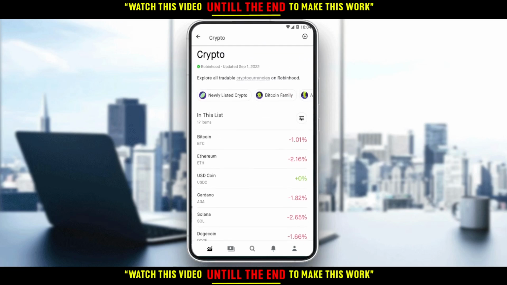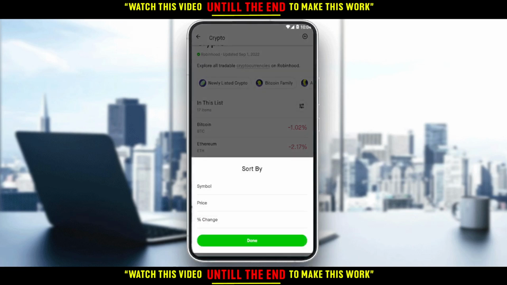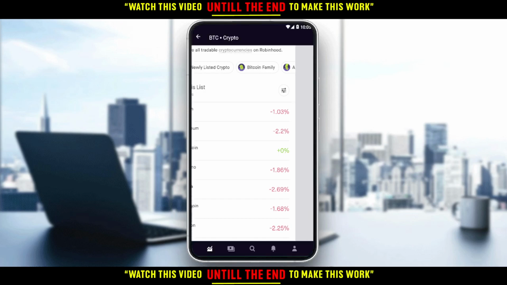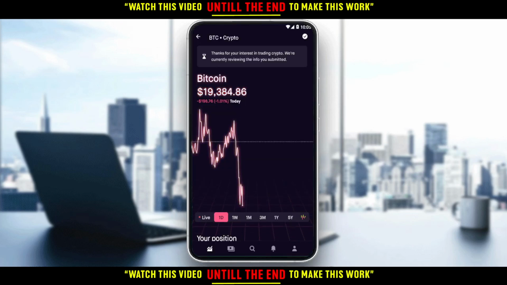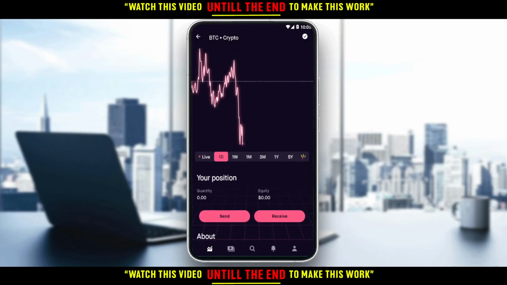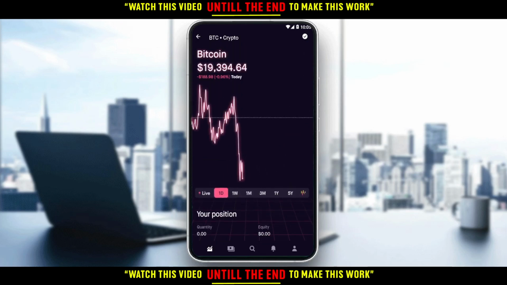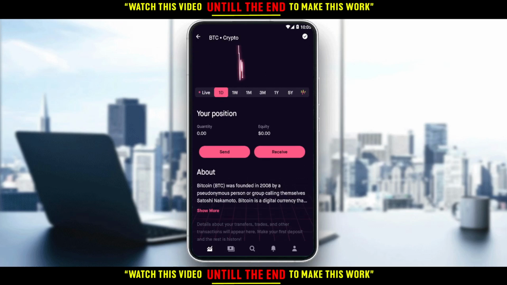So here, let's choose first of all, whatever coin we want to show you. So let's just go into Bitcoin. Seems like it's losing a lot today, so let's not care about that. If you verify your account, add funds, and finish everything in the application, you will have an option here. If you want to sell your Bitcoin, just go and click on the option of